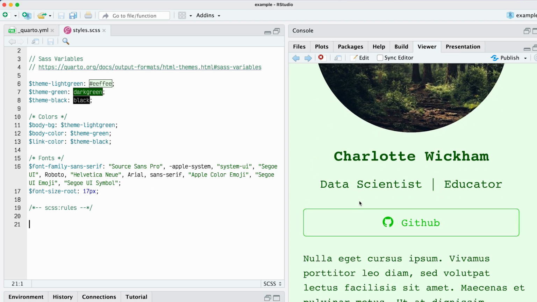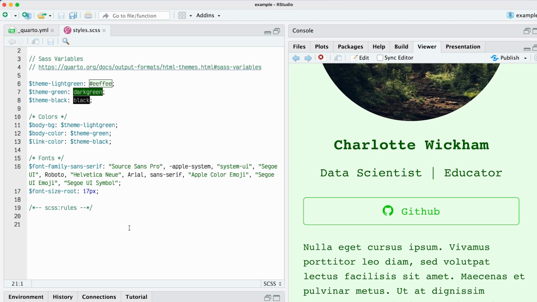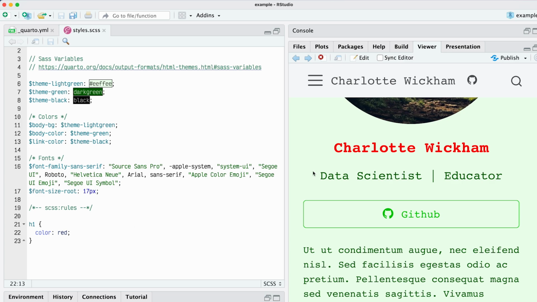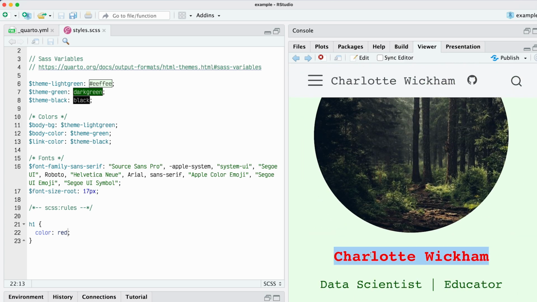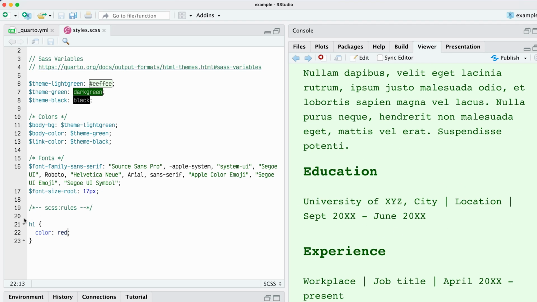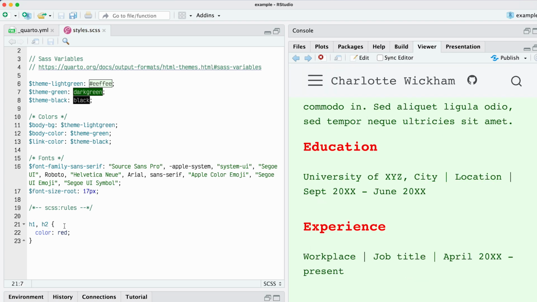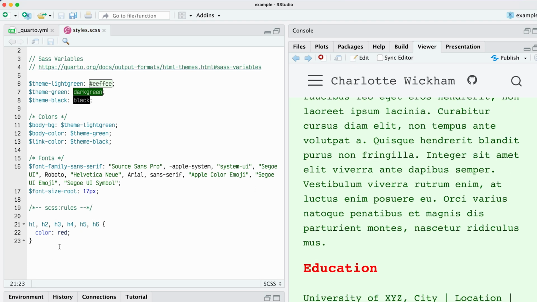Another thing we can do is try changing some things. Let's try to change the header. The way I normally do things is just by saying color red, because it really shows up. Here on the website to the right, we see that it changes this header, which is the first name, but it doesn't change the other one. We can set the other one by saying also do H2. And for good measure, we just add all the headers. But we probably don't want it red. We probably want it to be